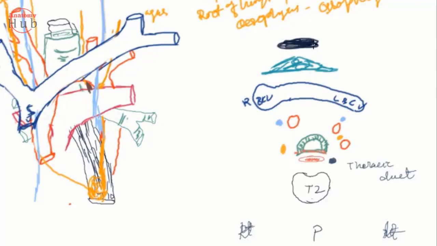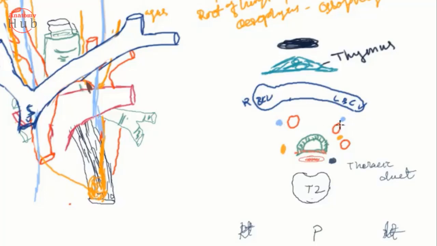So what are the things we got? Anteriorly we got the sternum, the manubrium sterni. Then just posterior to that we found the thymus. Then just posterior to that you'll find the great veins, the right brachiocephalic vein and the left brachiocephalic vein. And just posterior to that we will find here the brachiocephalic trunk, the right phrenic nerve.